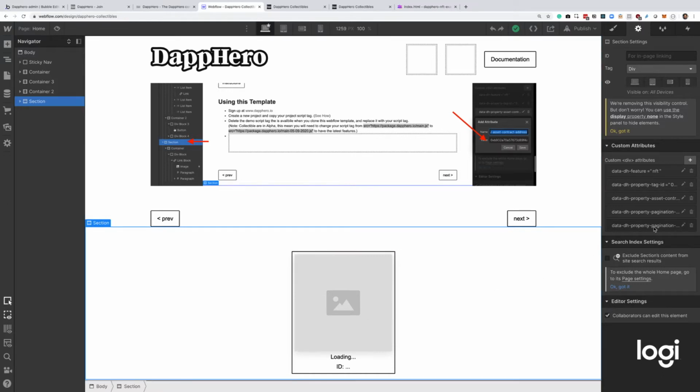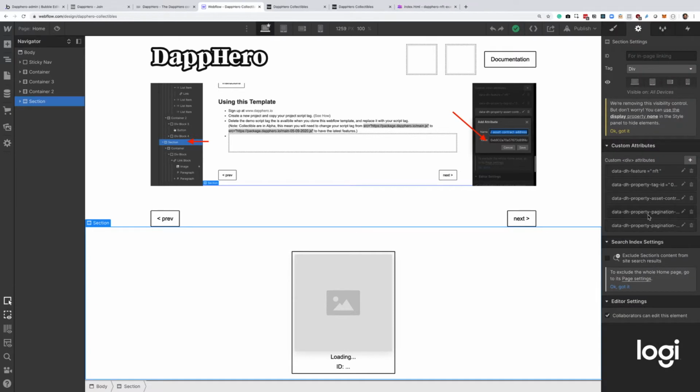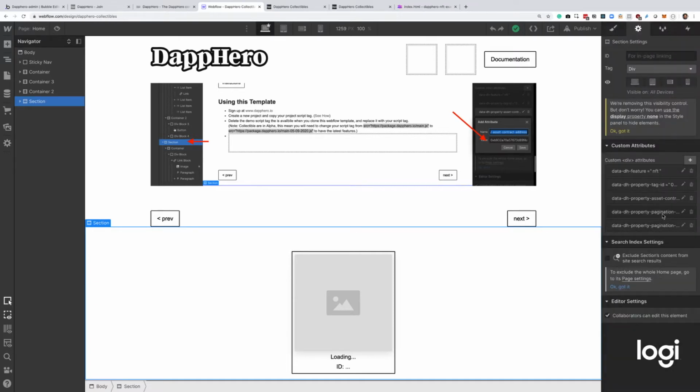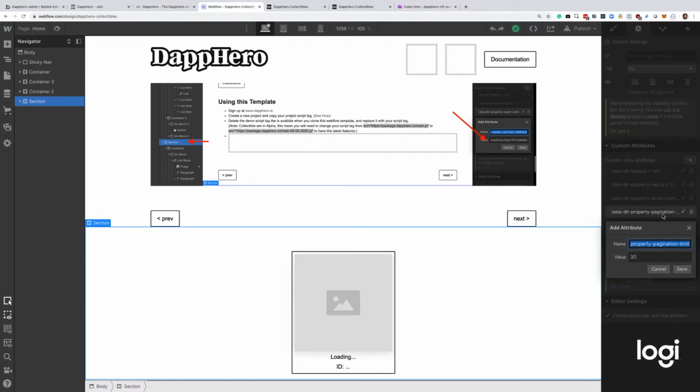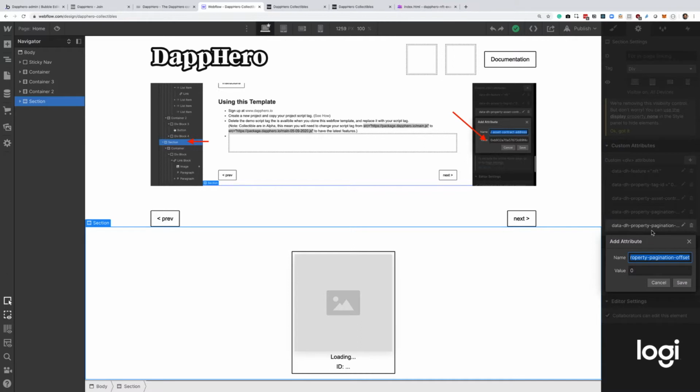This is the method instance, and we have two attributes over here, pagination offset and pagination limit. It's really important to keep in mind that pagination limit is how many collectibles you would like to show, while pagination offset is from where in the total list of collectibles you would like to start showing your user collectibles. So think of it, if you have a contract that has 1,000 collectibles and you have an